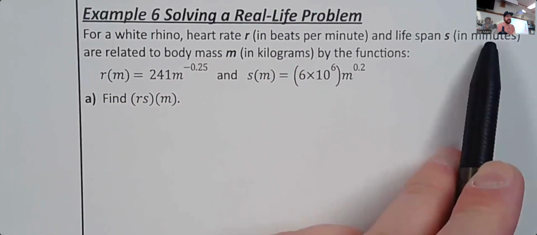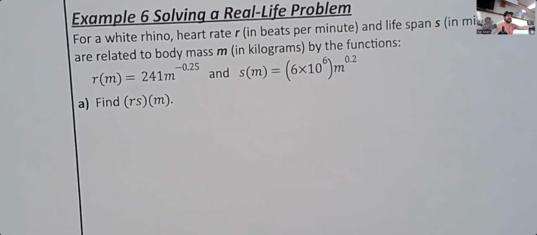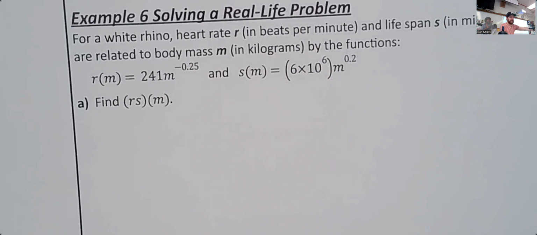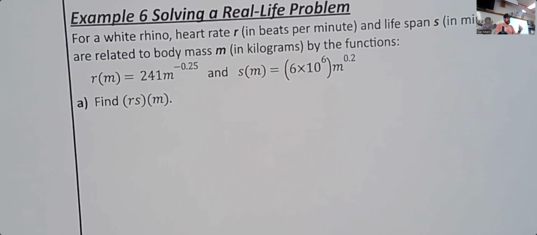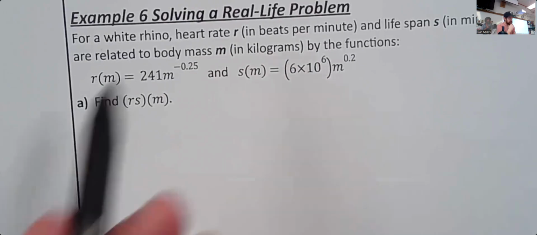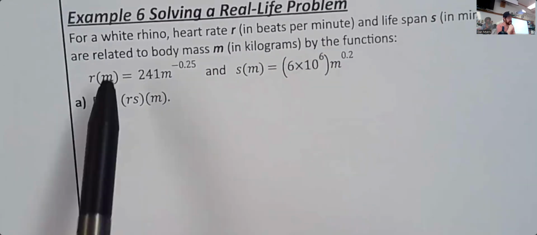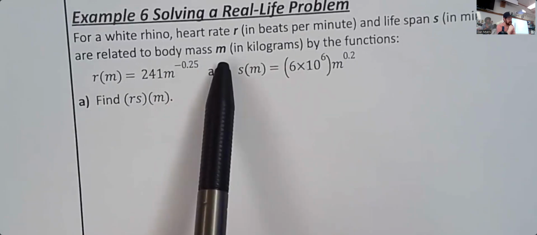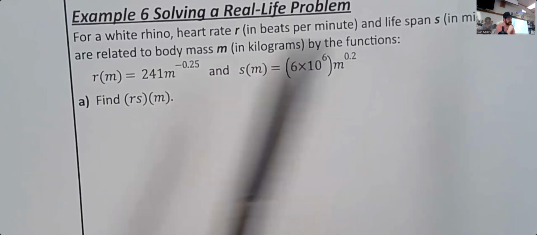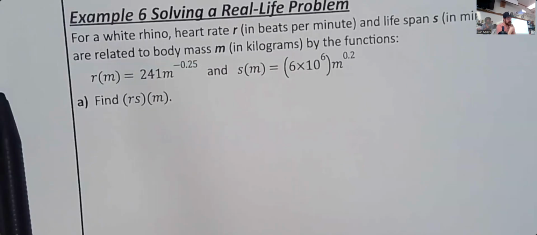Because if it was in terms of years, we would have to divide by 365 to get days, and then divide by 24 to get hours, and then divide by 60 to get minutes. So we'd have to be doing a lot of unit conversion. So having both of these in terms of minutes is really nice. We're talking about the heart rate in minutes and the lifespan in minutes, related to body mass, M, in kilograms by the function